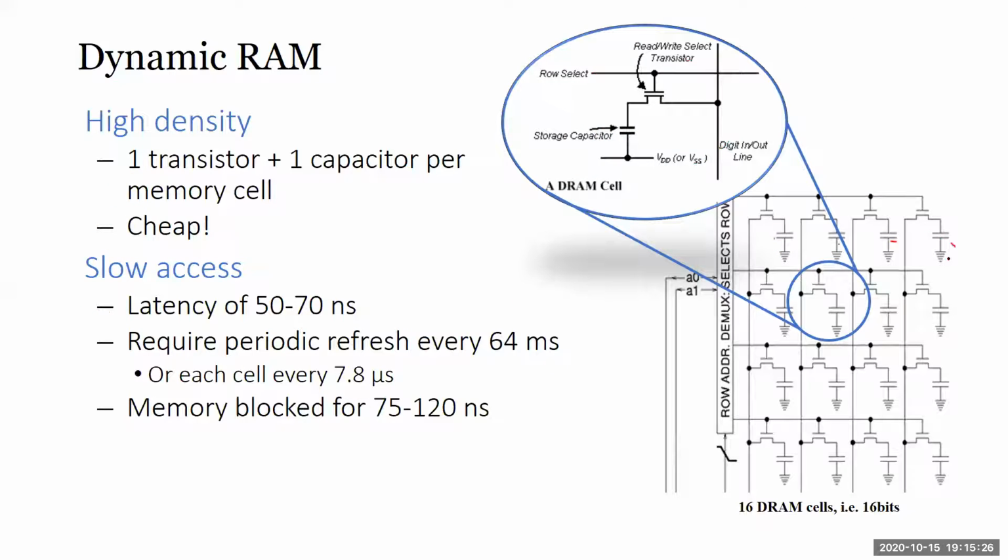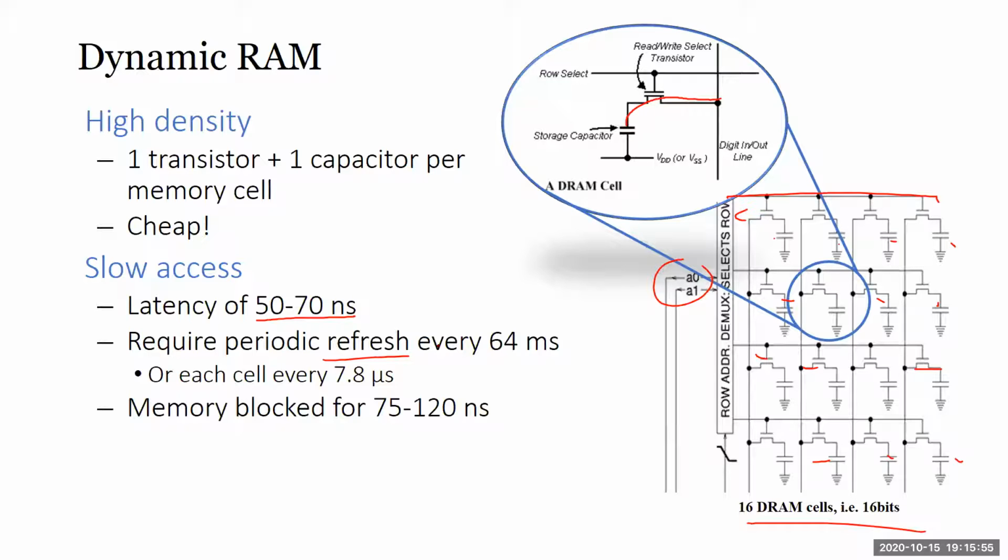To read is very slow. So normally what they do is they put a whole bunch of these together as a cell. So you see you have 16 cells, so it's 16 bits here. When you read, you can access row by row by row using this selector. So they usually put it in a block like this. The problem with this DRAM is it's very slow to access, because when you read, you need to wait for the capacitor to discharge, right, to figure out whether it contains a bit or not.